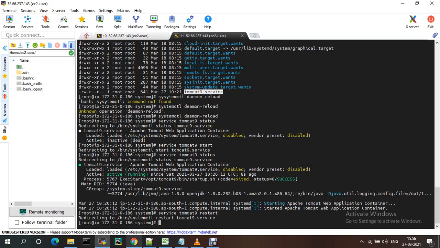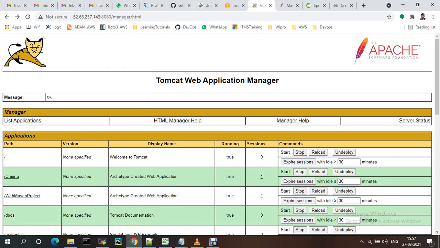Suppose you want to change the code instead of this one.